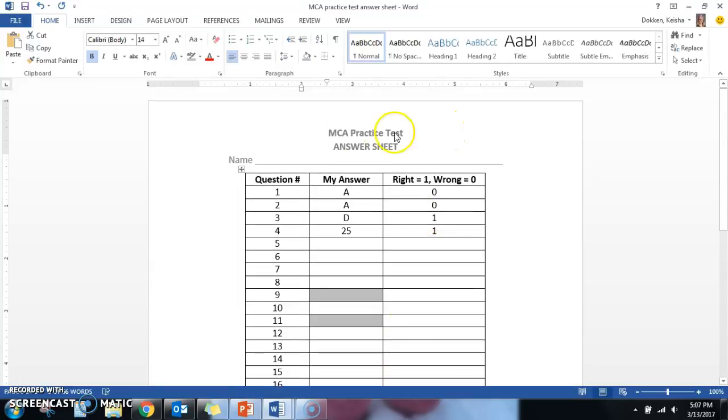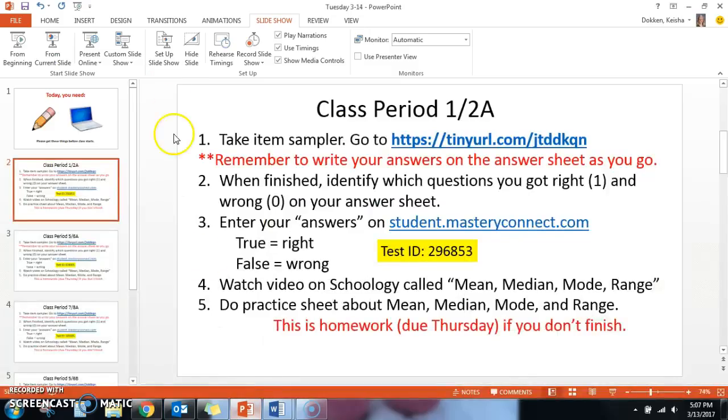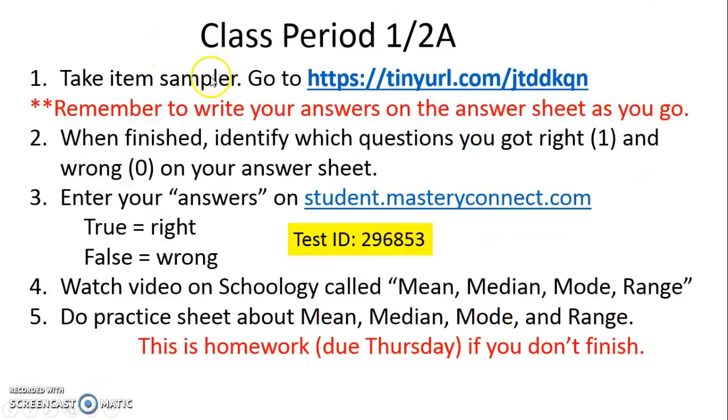You will be turning in this answer sheet to the basket at the end of the test. Now, let's go back to our instructions here. You have taken the item sampler, you've written your answers on the answer sheet, and you've identified which questions you get right by putting a 1 and wrong by putting a 0. You're almost done. Then you're going to enter your answers on this website,